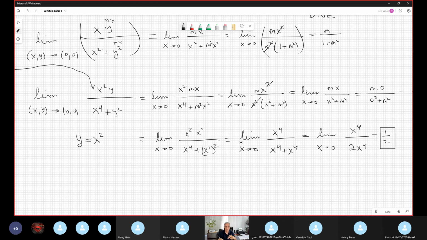That means when you approach along any line, you go to the same value at (0, 0). Nice. However, when you approach along the parabola, no. Therefore, the limit again does not exist. So the question flies in the air. Well, professor, so it always does not exist? No. This is a typical